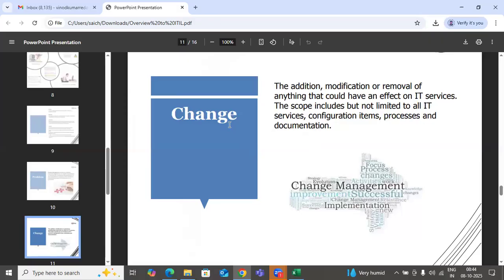Then change management will raise a standard change, and then it will go through a lot of things, like CAB meetings, which means change advisory board meetings, and they will discuss. The issue is this, and the root cause from the problem management team is that we need to add one application in those laptops. Then the change manager will check the issue, like financial aspects and all those things. And if they are ready, they will raise